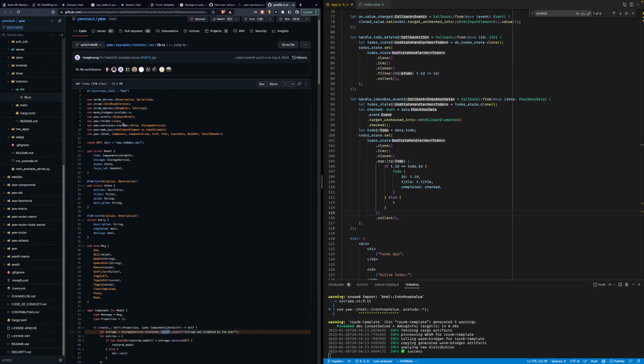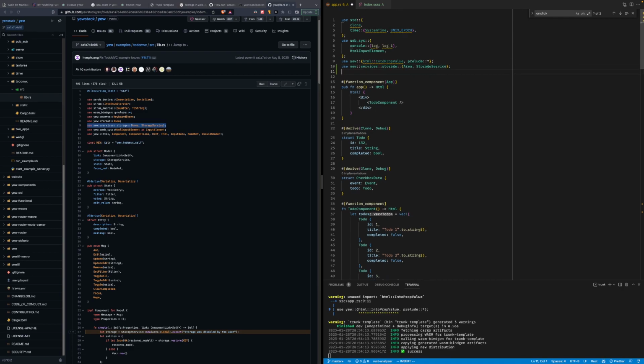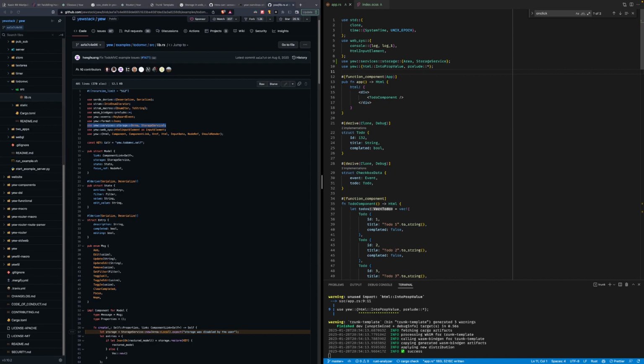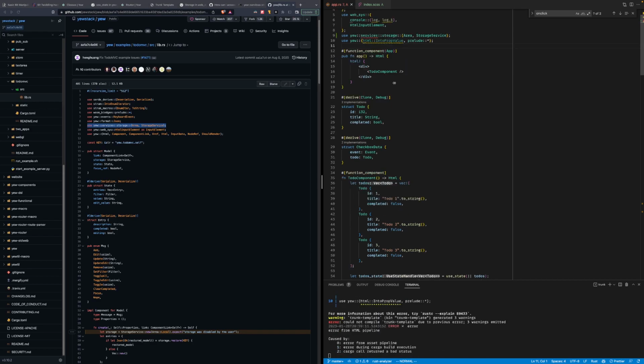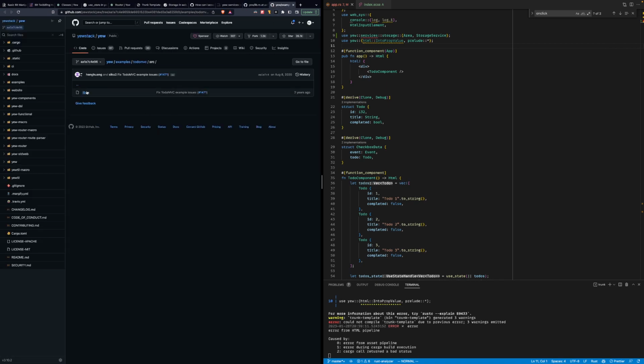This is also coming. Okay, to directly use the storage service. Failed to resolve, could not find service in Yew. Do I have to explicitly specify this feature that I'm using?